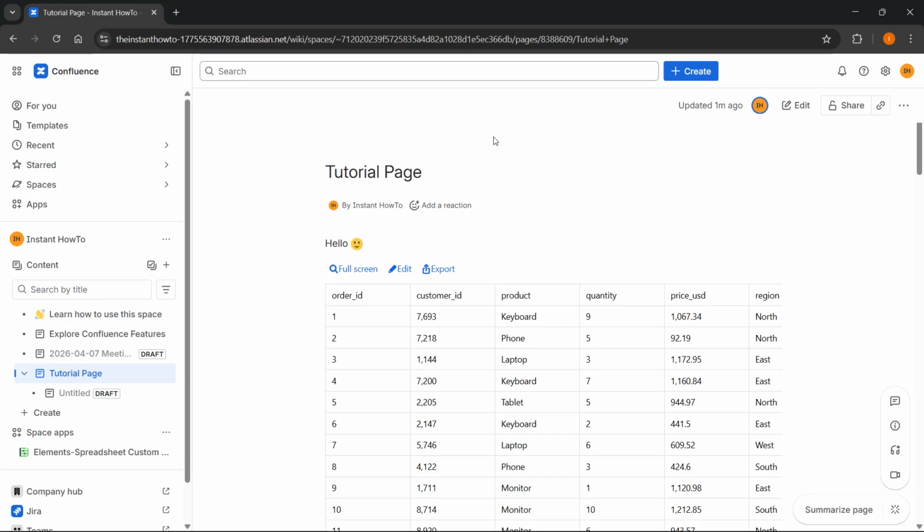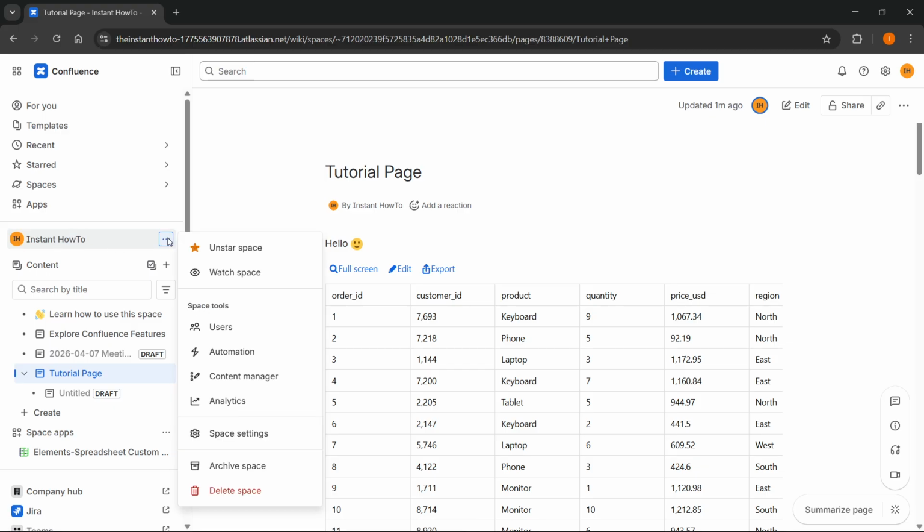In this video, I'm going to show you how to export a Confluence space. Now to do this, you first want to open your space. So for me, I'm going to do this one over here. Then you want to click on the three dots next to it here on the left, and you want to